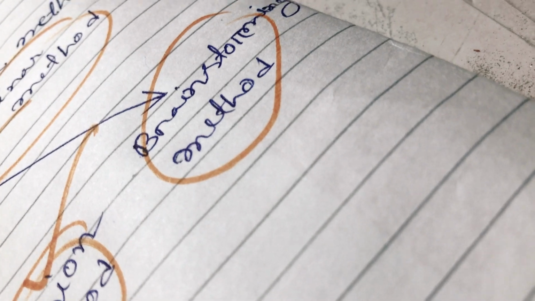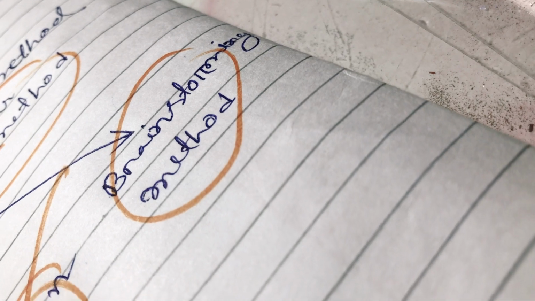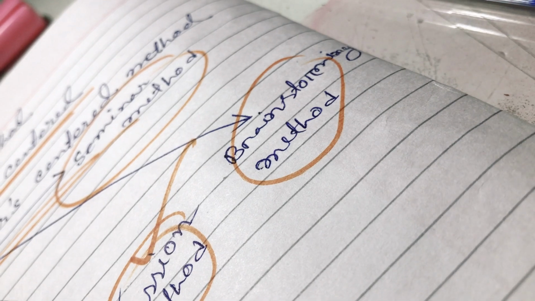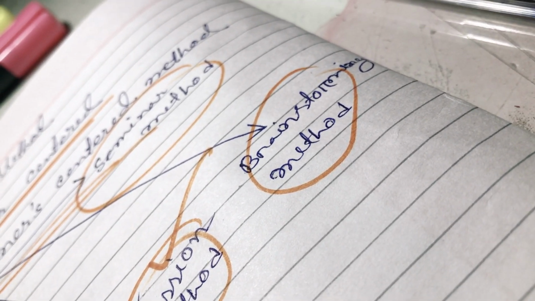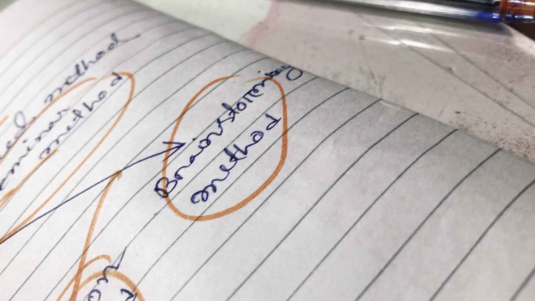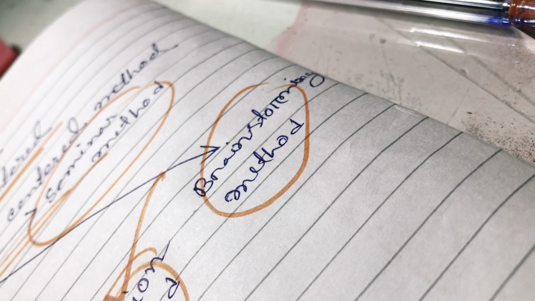So you have to show a new path of solution through brainstorming. What is the difference between brainstorming and discussion method? Discussion method is where you discuss with your students or peers, but brainstorming means you have to raise a storm in your brain neurons. This is the brainstorming game, that you have to raise a storm in your brain by thinking a new idea, a new method, a new pathway of solution.